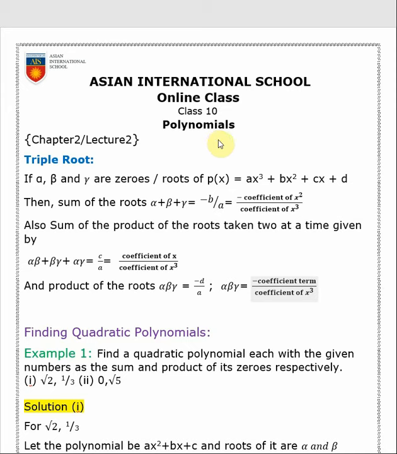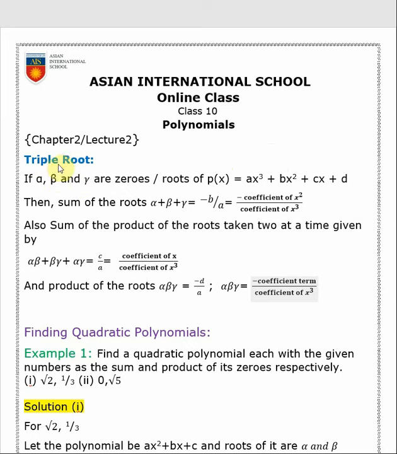This is your second math class on the chapter polynomials, and today we are going to look into some different kinds of sums, and try to solve a few different kinds of numericals. So today, before going to the new kinds of numericals, let us first see one theory, that is